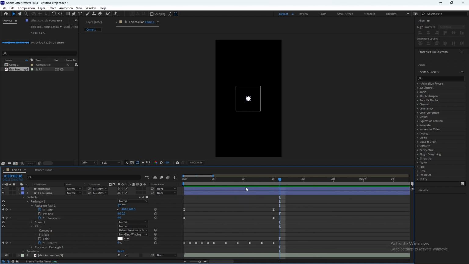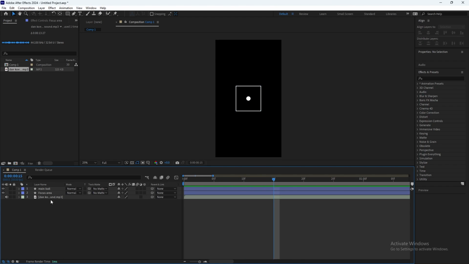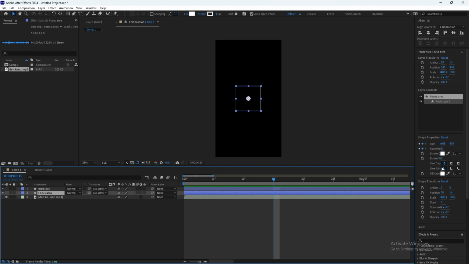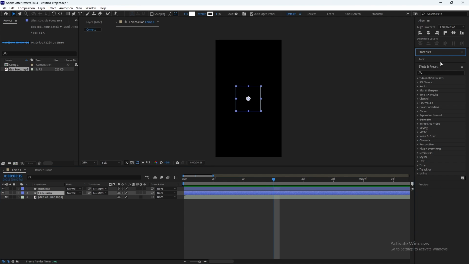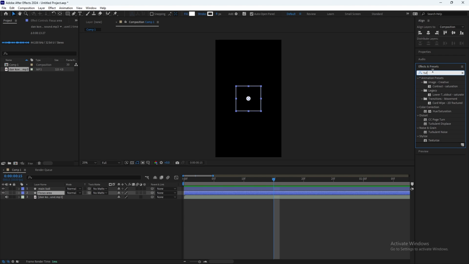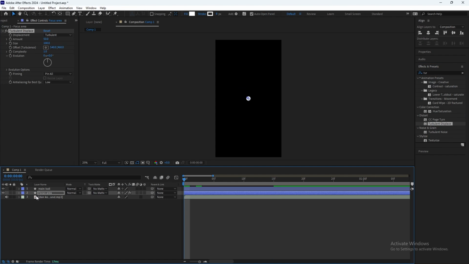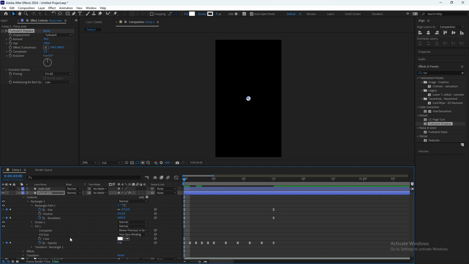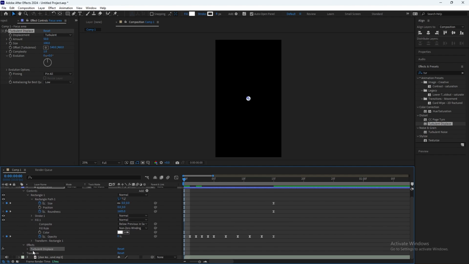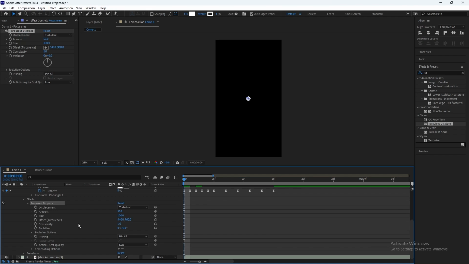Now, to make it even better, we can add a displacement map. We can add turbulence displace, and then go here, effects, turbulence displace.